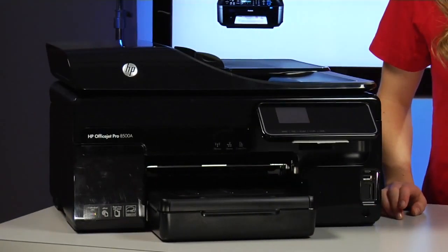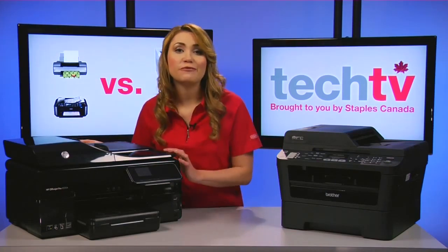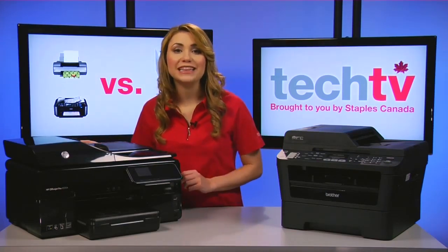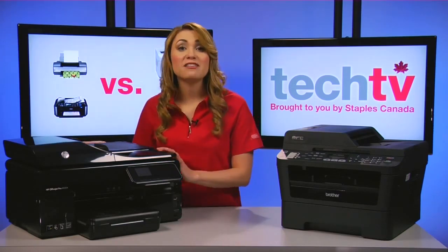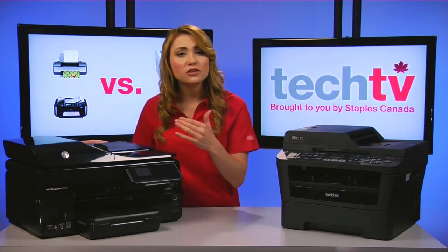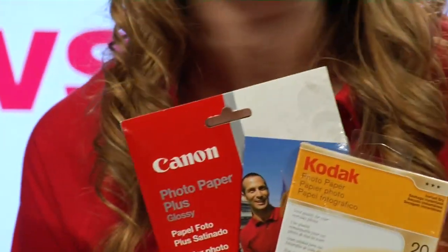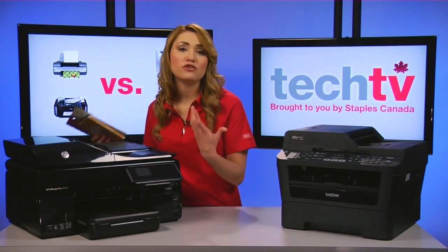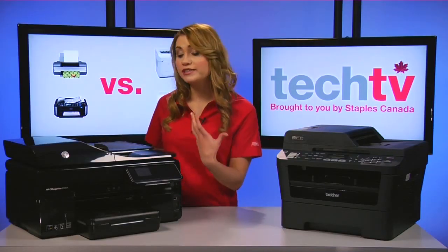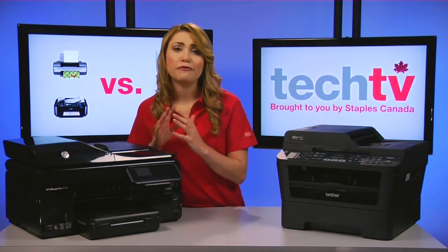First up, inkjet printers. Inkjets are ideal for printing photos as they do a better job than lasers of blending colors smoothly. Some inkjets have special photo ink that creates subtle shading and contours, and special photo paper is available to produce the best results. If you have a highly visual business, such as real estate or design, you should consider an inkjet for photo-heavy